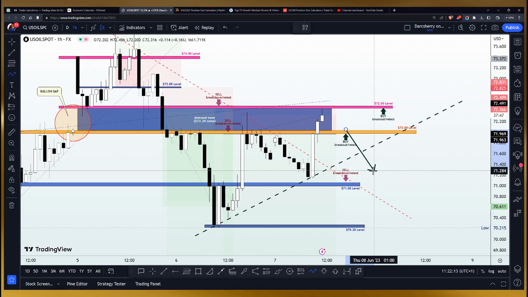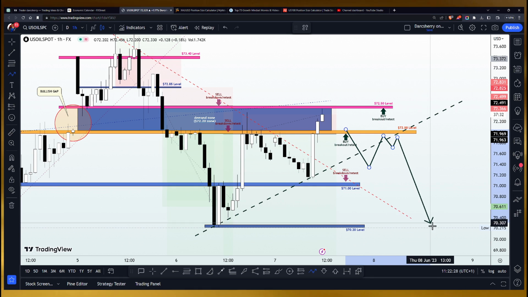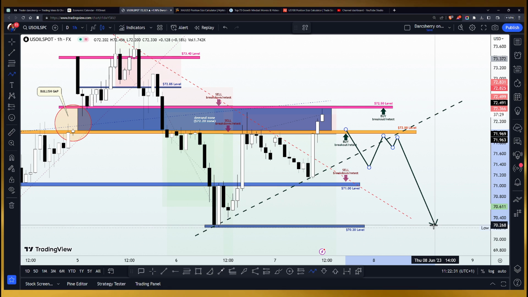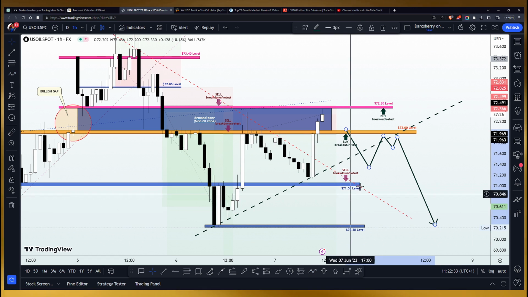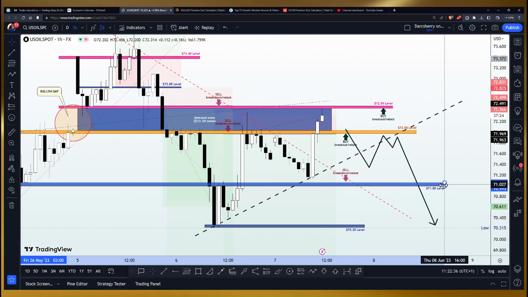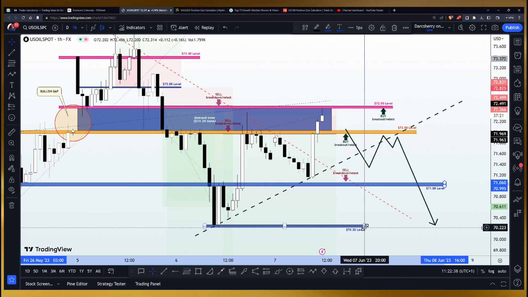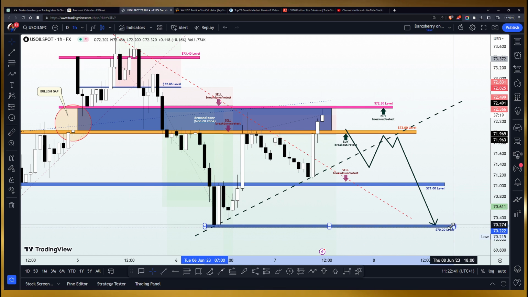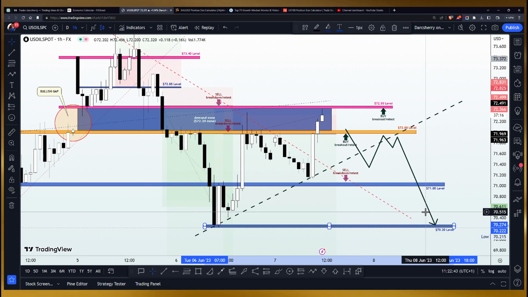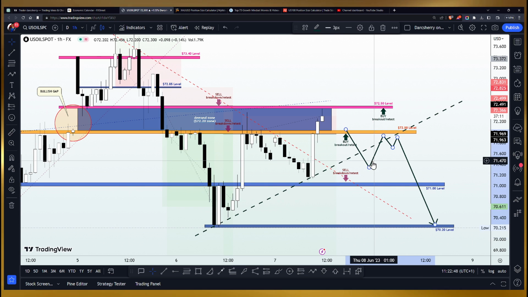considering selling. And if we are going to sell, remember, we want to wait for confirmations to happen, like a breakdown, retest of the trend line, or the retest of the key level at the $72 area, where continued selling pressure below the structure will definitely confirm that sellers are still very present at this point. And if this happens, we have key structures like the $71 area, where the breakdown of that level will welcome more opportunities, and a further breakdown of the $70.20 area will also welcome more opportunities to sell. So let's keep this in mind.